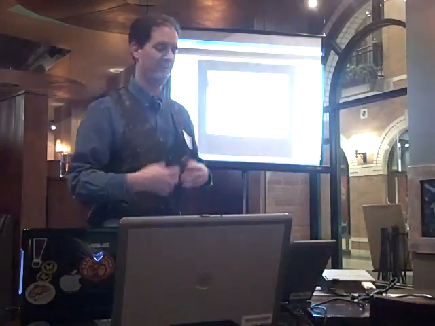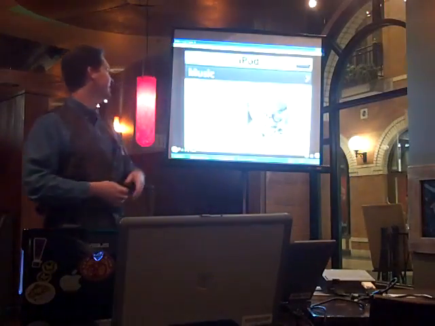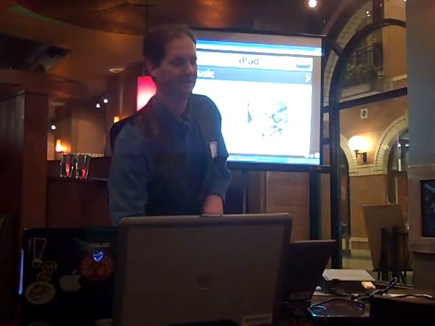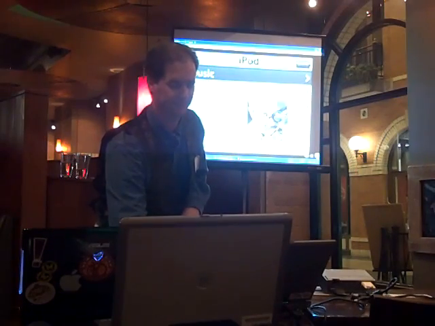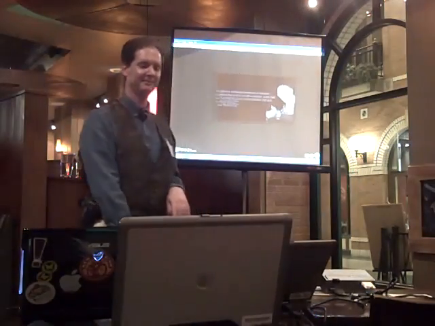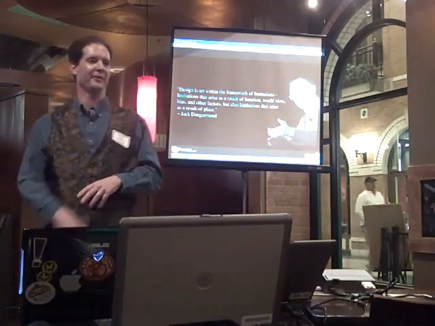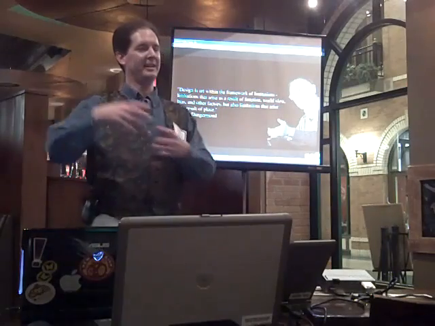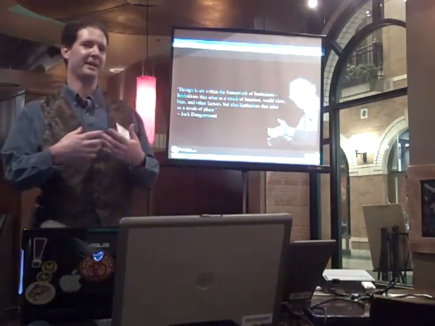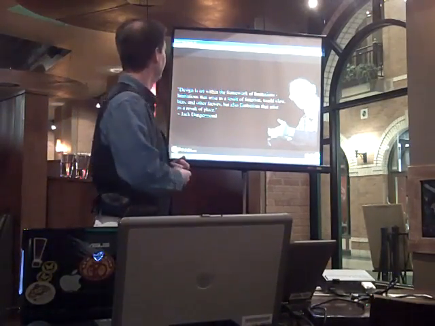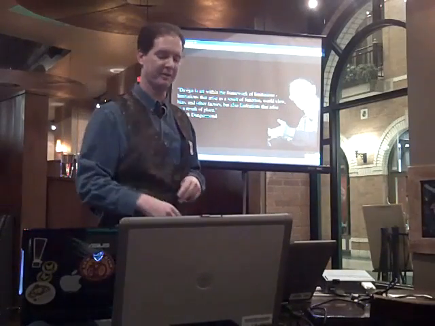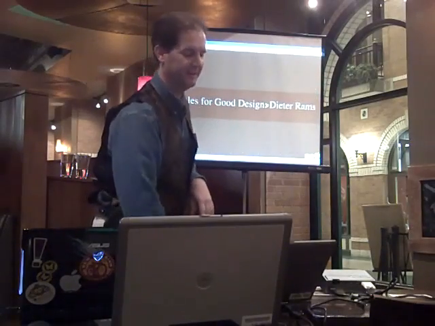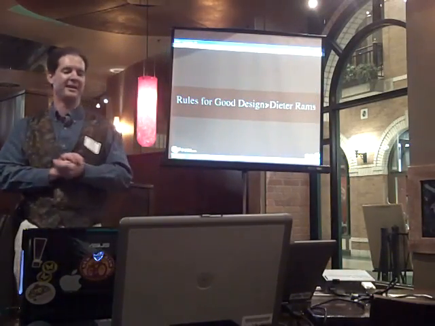So there's a lot of information about what design is. Design is so simple, that's why it's so complicated. You've got to think about a lot of different pieces, not just the data you're providing out to the user. Jack talks about design: design is an art within a framework of limitations. So to really understand what's good design and bad design and how you get to great design, it's helpful to have some rules, some pillars of understanding of what you're trying to reach as you go through the process to develop something. So the Dieter I wanted to talk about was Rules of Good Design by Dieter Rams.